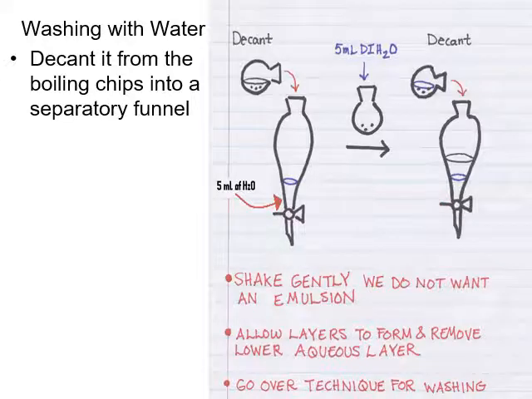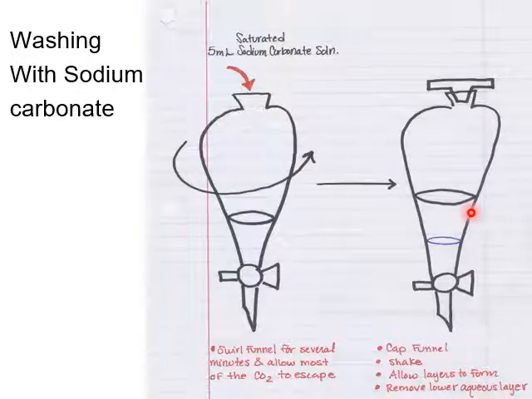After removing the bottom layer, you need to add 5 milliliter sodium carbonate. But before shaking, you need to swirl the funnel to be sure that CO2, which will be the byproduct of the reaction of the sodium carbonate with the mixture, will be released. And after being sure that carbon dioxide was removed from your separatory funnel,